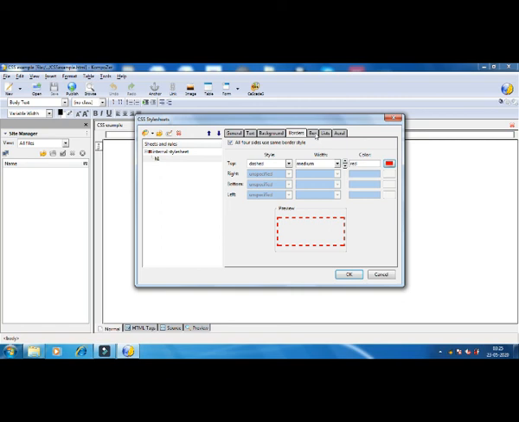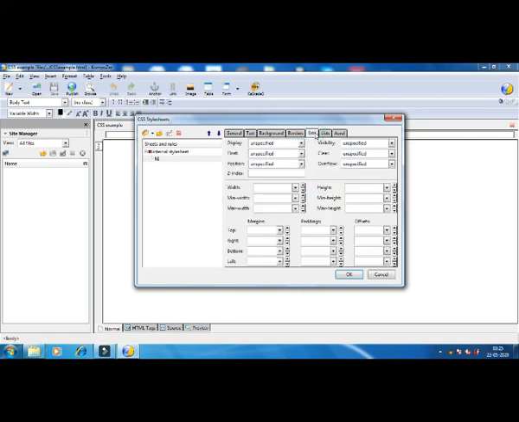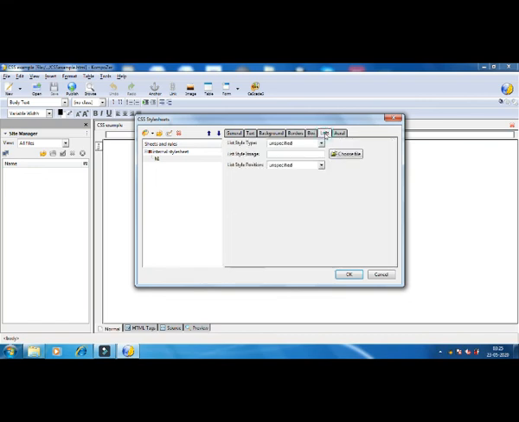Other tabs you can go through by clicking there. Come to general. Now you can see the code, whatever is applied to the H1 element, now the style rule is prepared. Click on OK.